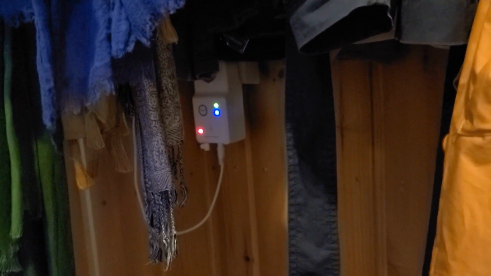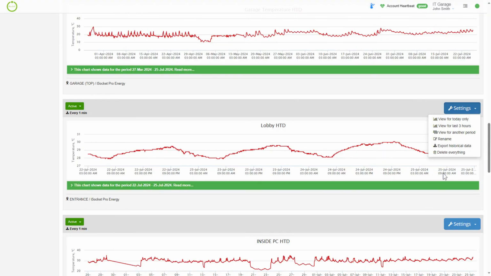Let's check this one. Similar to this one is the lobby temperature. Well, but I see it's not similar. It has a kind of pattern, probably because it is located in the middle between the floor and ceiling, and it's just the lobby. There is no sun, not many big and quick changes. So I don't know why I'm still collecting this.